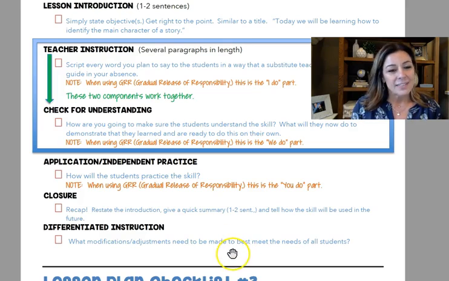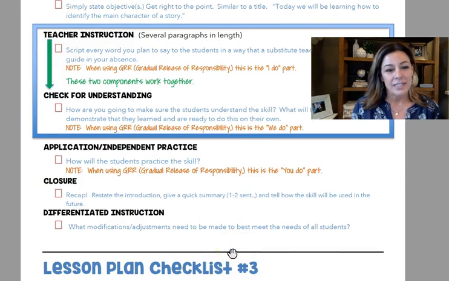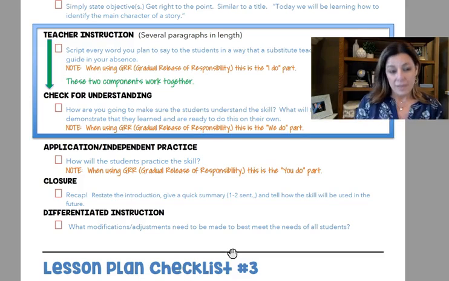And then with all lessons, you want to think about differentiated instruction. That's just taking your lesson that you have and what modifications or adjustments do you need to make to best meet the needs of all students. So for example, if you have students writing, let's say a summary of a paragraph of something that they just learned, you may have a student who has a broken wrist and they can't write. So a modification for them could be that they could say orally, they could tell you the summary out loud, and that could count for their